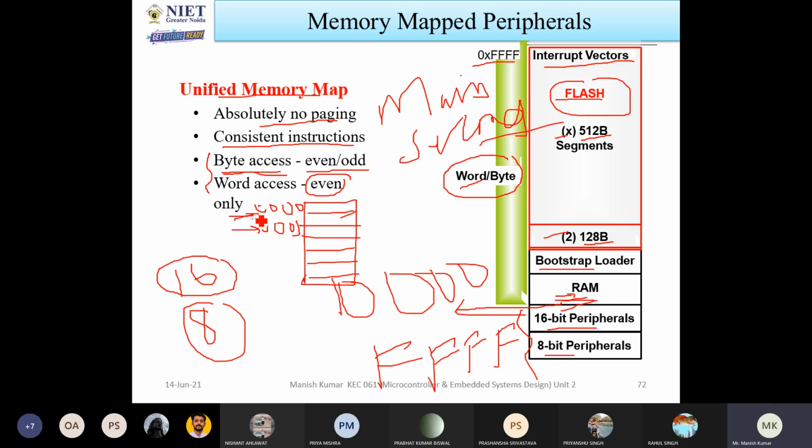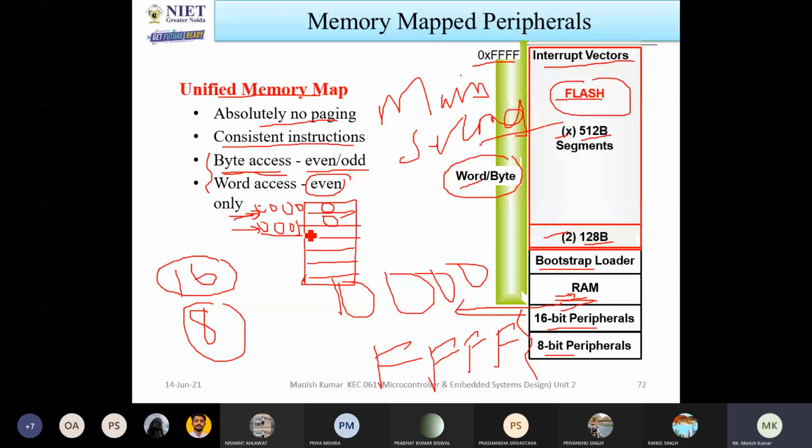It means you can read 00. If you are reading this 00 location, this data and this data will both be read by the processor. So the odd one comes automatically. There is no need to write the odd address. So remember that the odd address is not useful in the case of word access. Whenever you want to read a word, you have to use an even location, whichever you want.